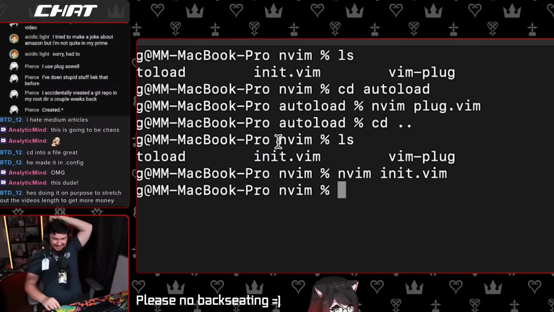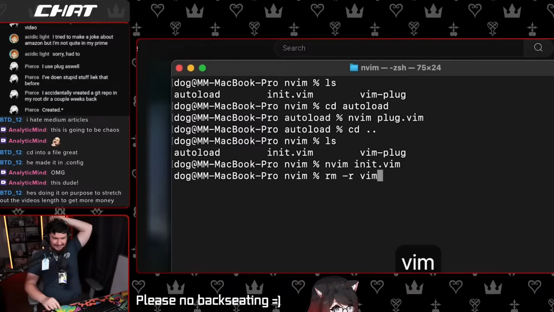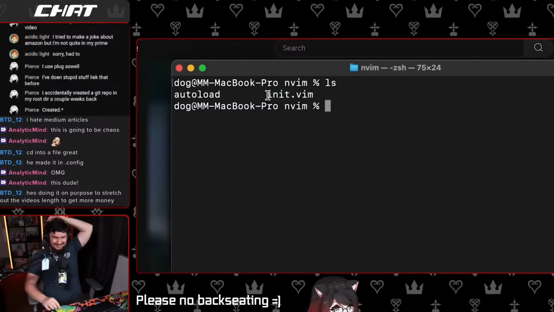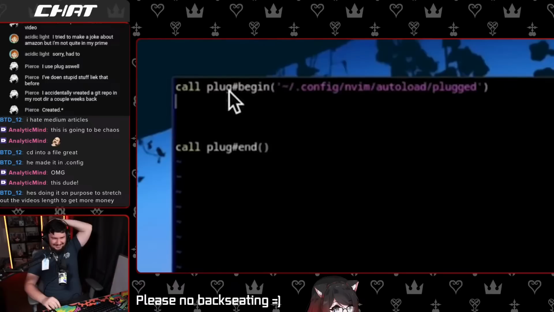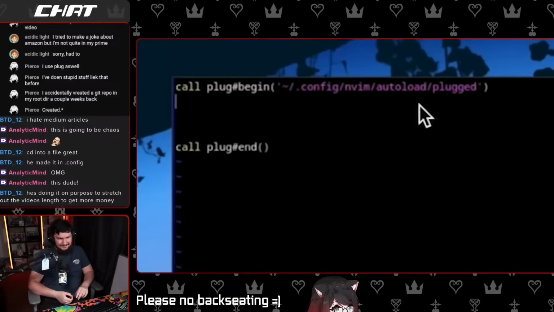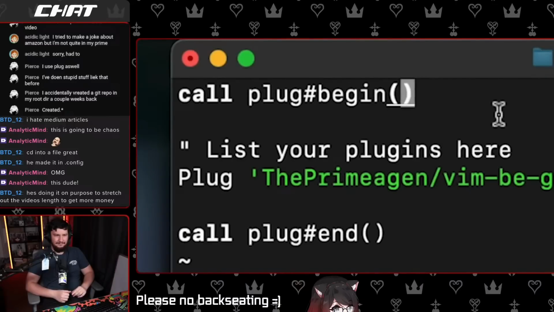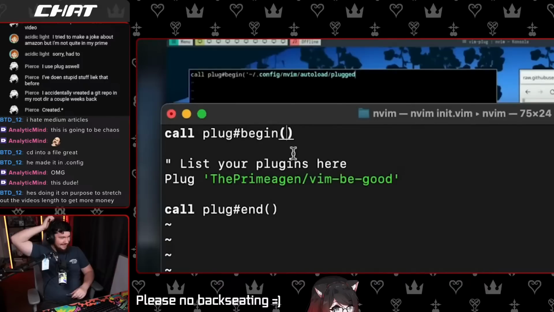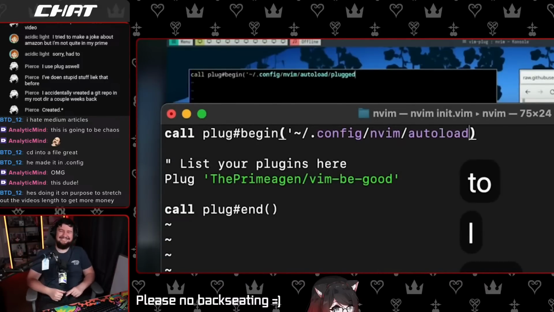Can't I just leave it inside of the nvim folder though? Let's delete the vim-plug directory. So now I only have the autoload folder and this vim file. So I'm going to go inside of the init.vim file, and inside of the plug begin command, he put the directory of the autoload folder and something else there, and I have nothing inside here. So I'm also going to put that there. You know what, I'm just going to copy what he typed. /config and vim autoload /plugged.